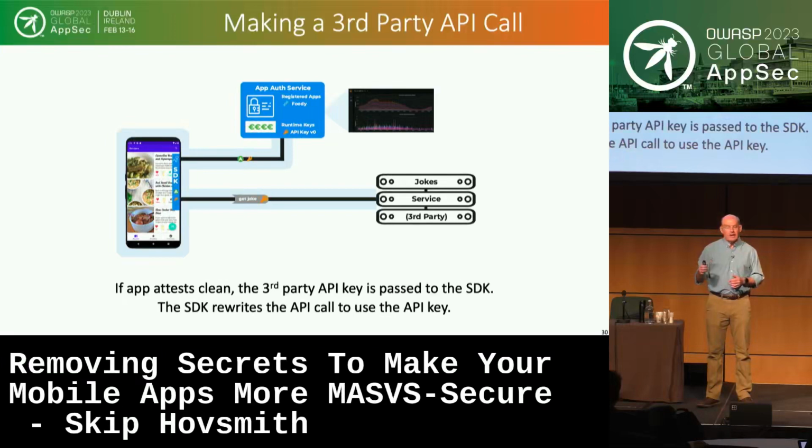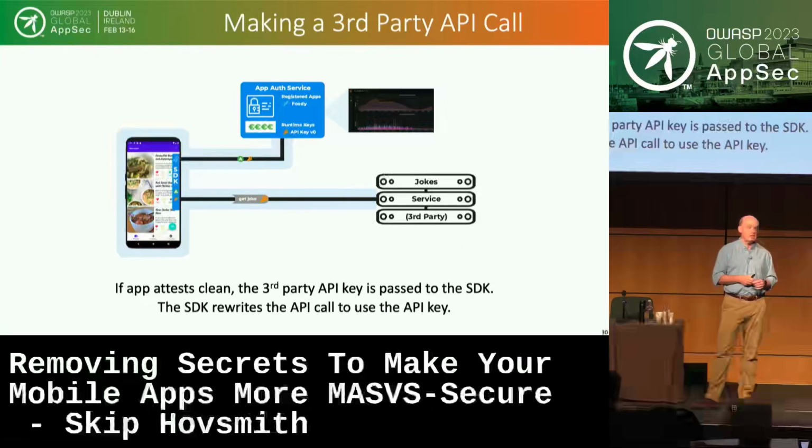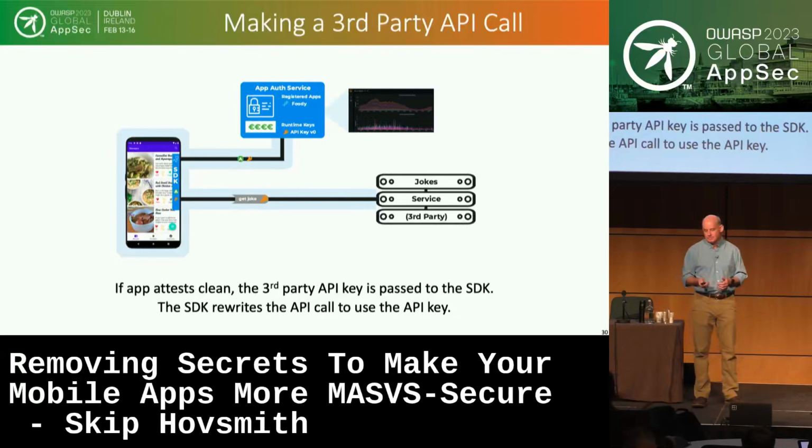Now when it attests, in addition to the token being passed down, it's going to pass the current API key down as well. And assuming that you attested cleanly, you'll get both. If you don't attest cleanly, then you won't get to see what the API key is. So that gets passed down. And rather than adding the token, you would go ahead and make whatever the style of API call that is necessary with the API key or whatever secrets you need to complete that call.